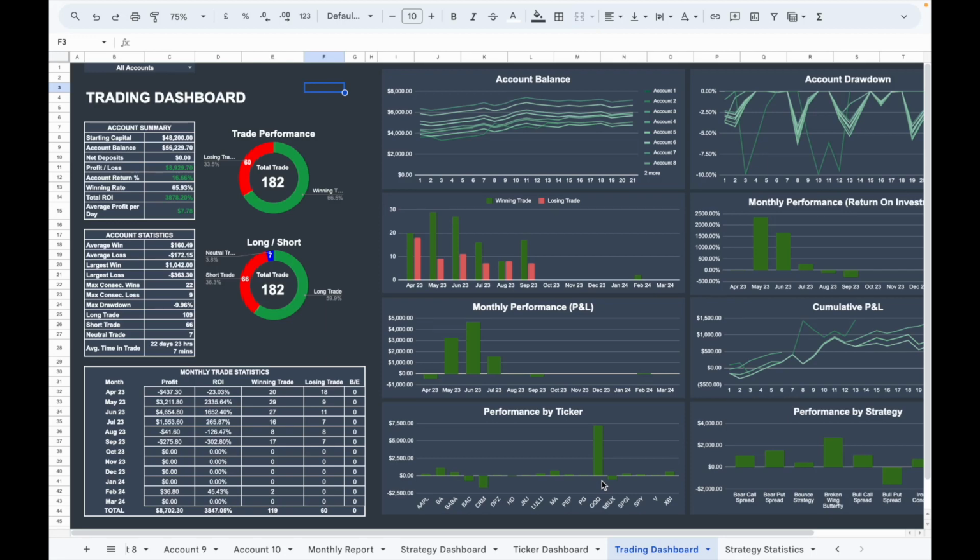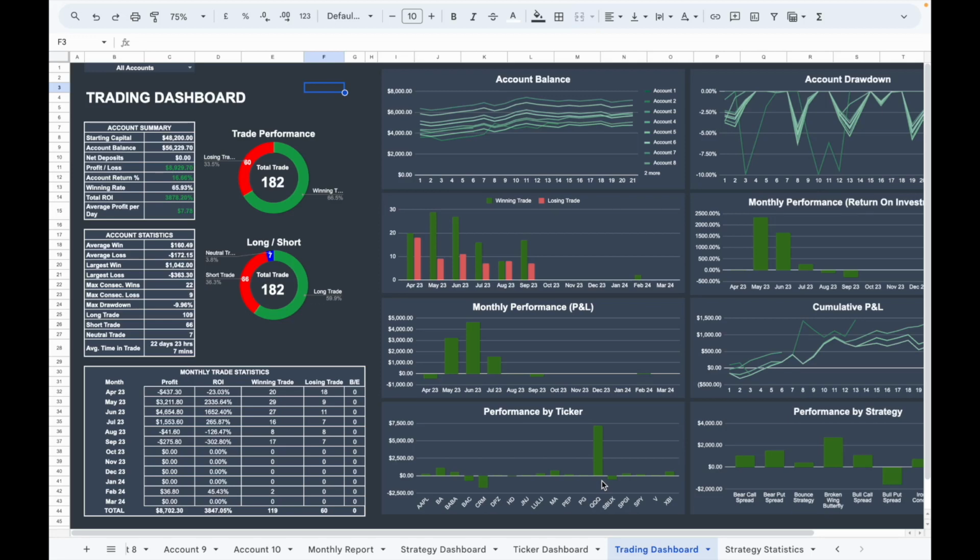It helps you track your trading performance and strategy over a 12-month period, giving you a detailed monthly overview as well as an overall summary of your trading activities. You can track up to 10 trading accounts using this spreadsheet and view the summary and statistic of each individual account as well as a combination of all the trading accounts. In this video, I will guide you step by step on how to set up this trading journal and input